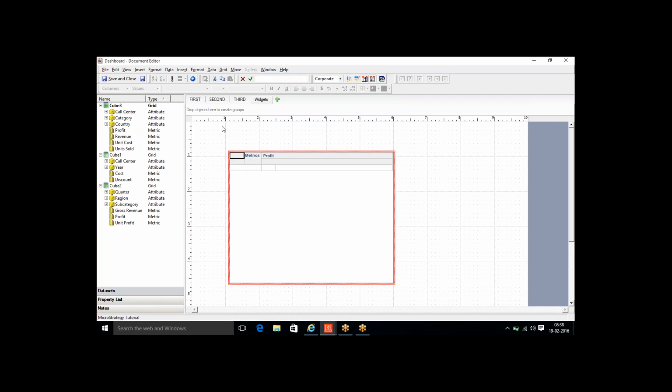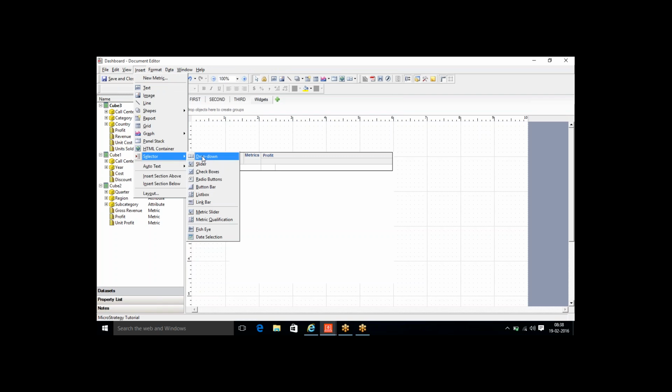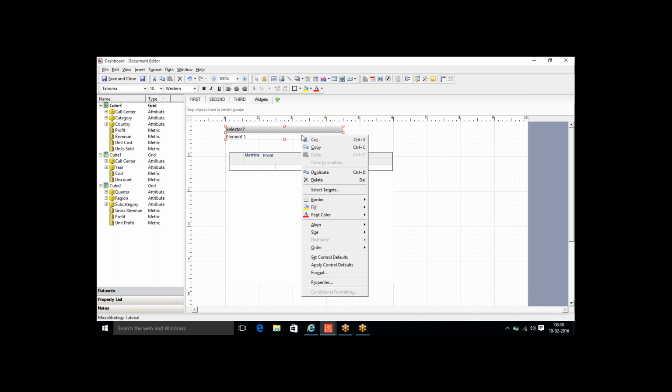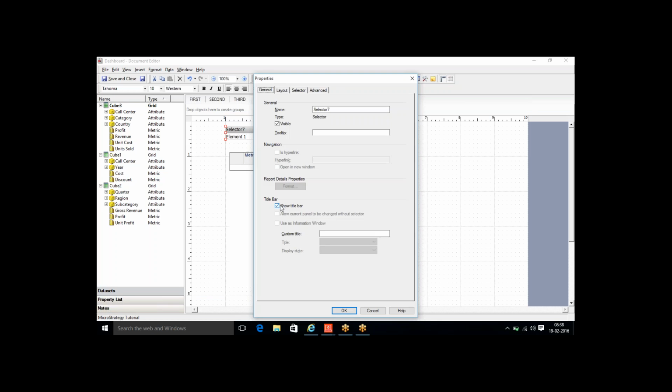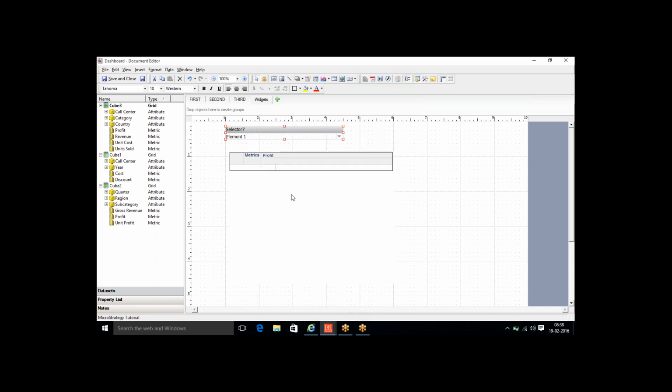On top of that, I'm going to add a selector. I'm going to insert a selector over here, that is the drop down selector, let's say, and this selector will be based on, let's say, region. So I'll go to the properties. I'm going to remove this title bar. Under selector, I'm going to add a region selector. I don't want to show the all. I will say okay. Now this particular grid I want to display as a cylindrical widget